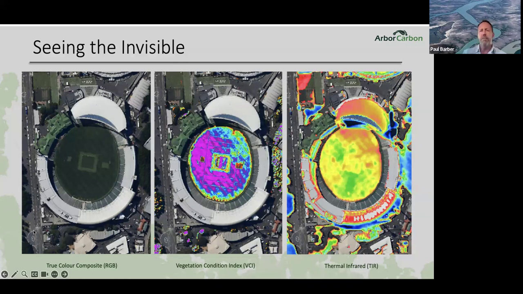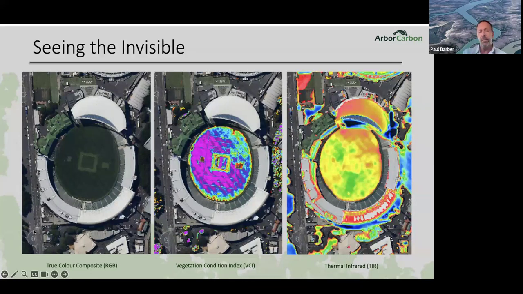And on the right-hand side, what we have is the thermal data. And the thermal data is really picking up surface temperature, and surface temperature is very sensitive to moisture stress and things that can cause heating. So for example, in turf, if there's something wrong with the water holding capacity of the soil, or the irrigation's faulty, then we'll start picking that up in the thermal data.